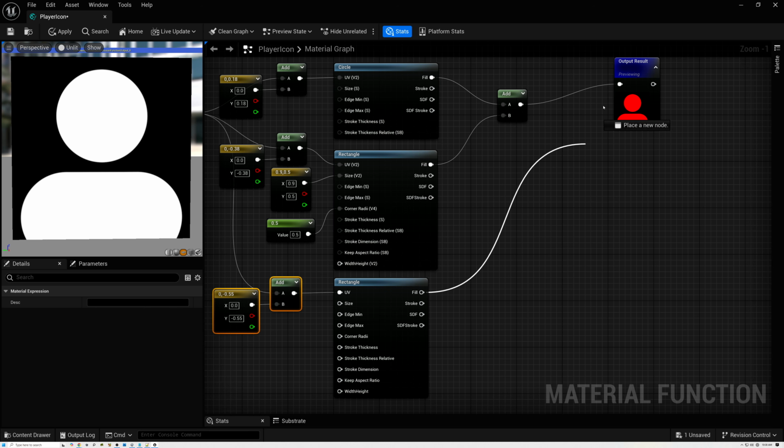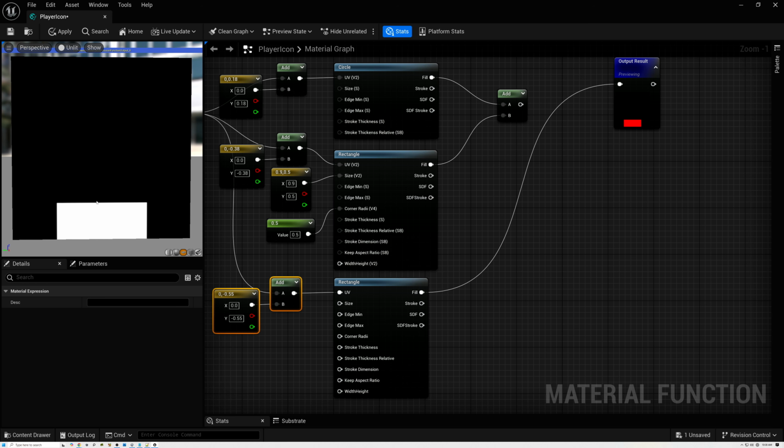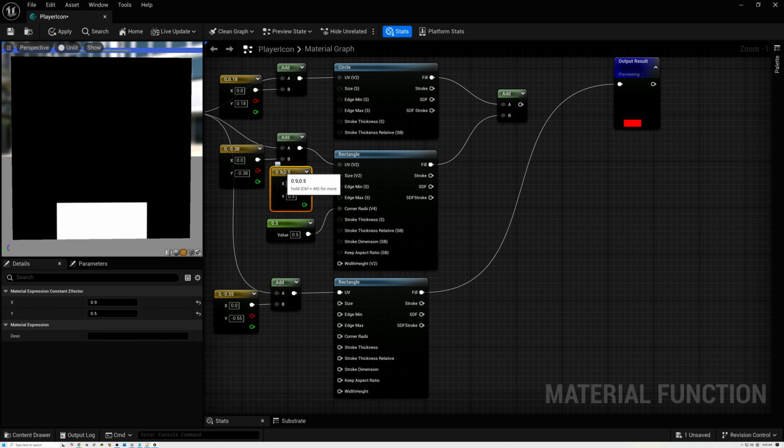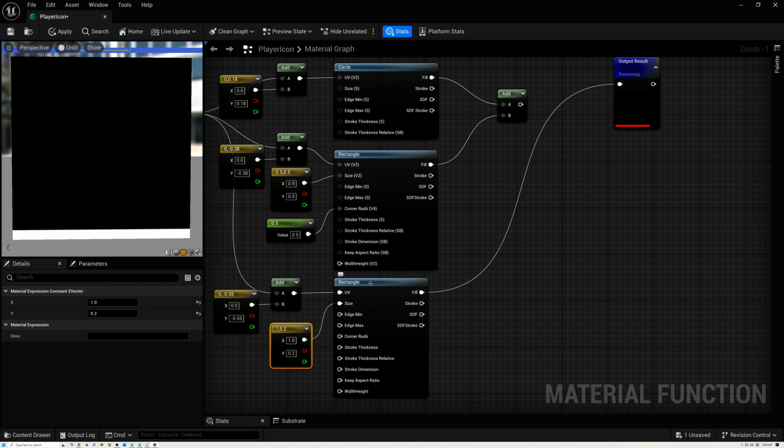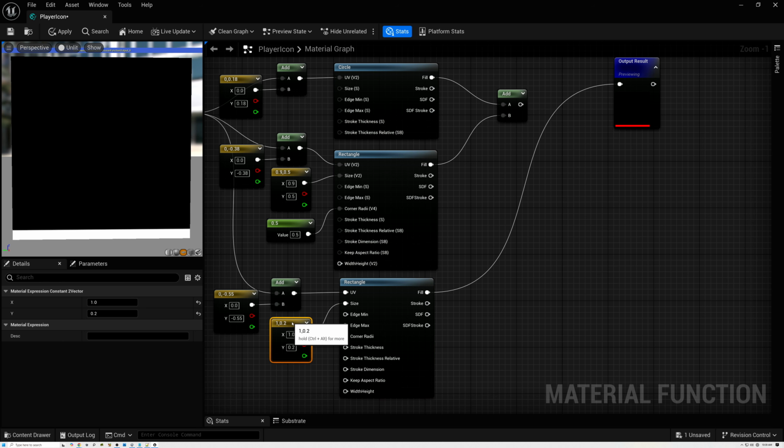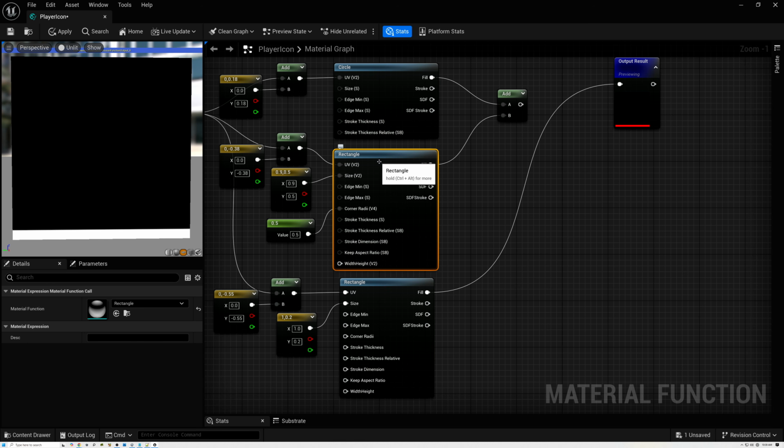And now if we preview this rectangle, you can see that it's just going to be down here at the bottom. And then for the size, we're going to set our size to a value of 1 and a value of 0.2. And I'll connect this up to the size of our input rectangle there. So now what you can see is we've created this shape that just hangs out here down at the very edge. And then this is going to be a mask that we use to mask off our shoulders pill shape